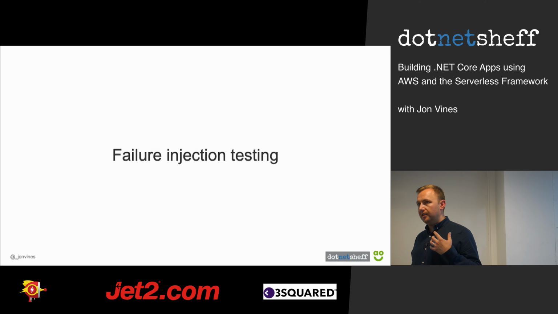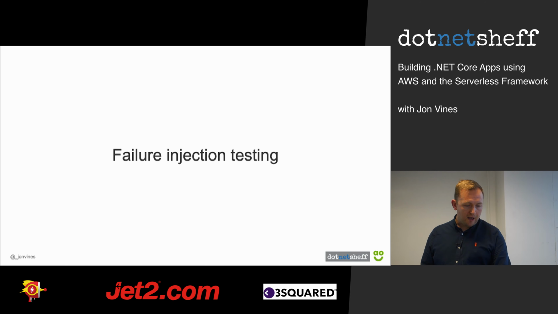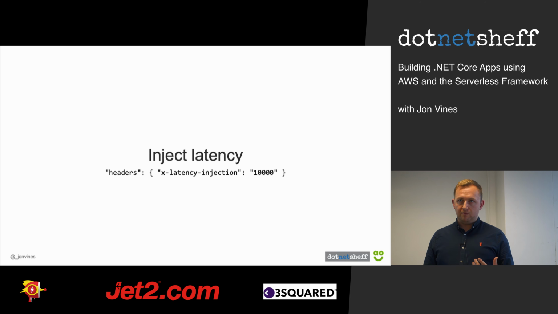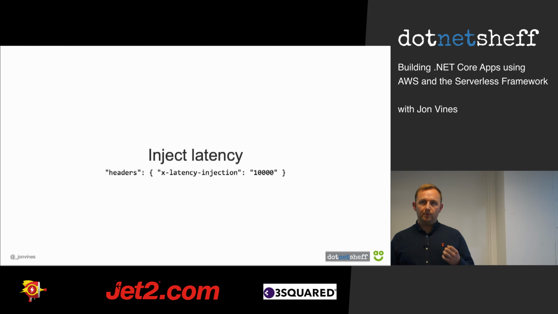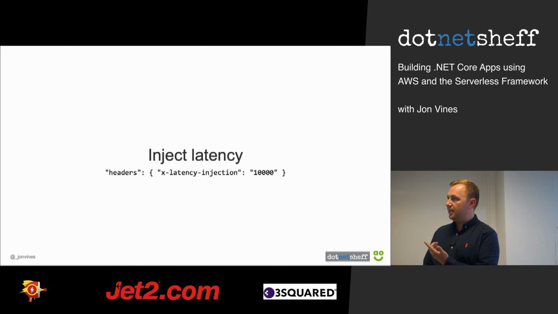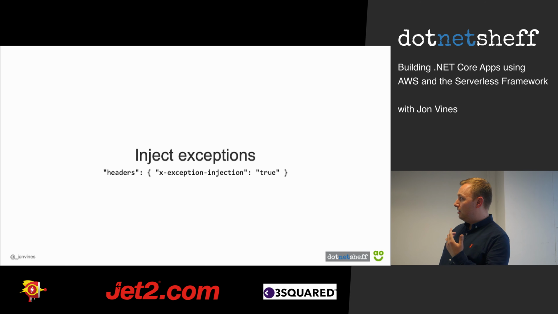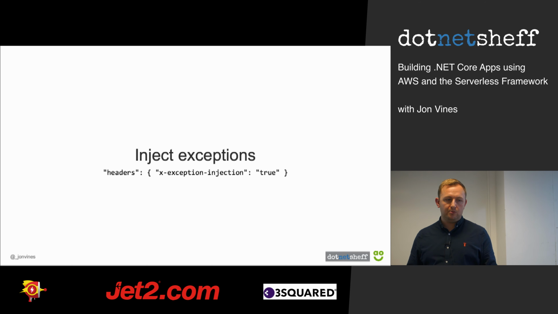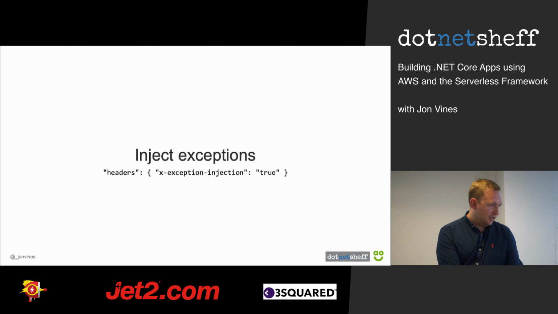This is purposefully injecting exceptions or latency into your functions. The way we did this was to randomly inject headers onto the requests as they're coming in. So we had a little sidecar function essentially that just randomly added things in. So we could inject latency, so X latency injection, we want 10 seconds there. And we can also inject exceptions. This one is just saying a generic exception fires something off, but we can target specific exceptions as well. And what this looks like is